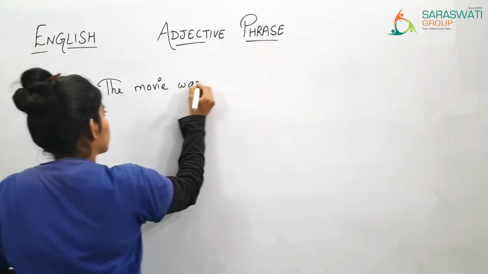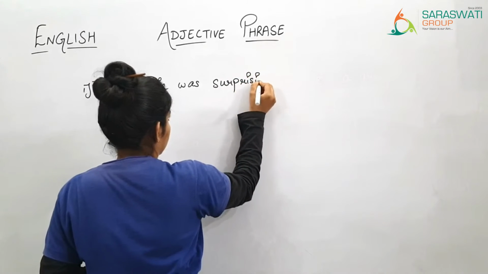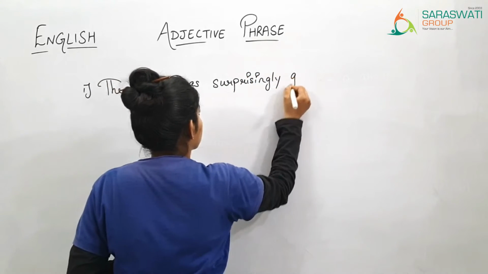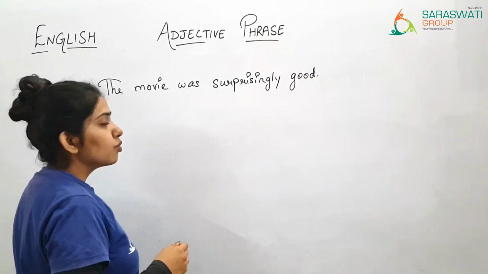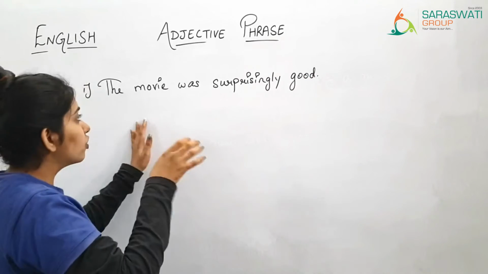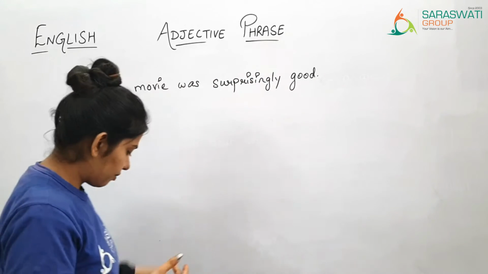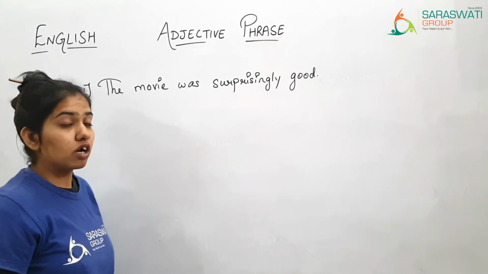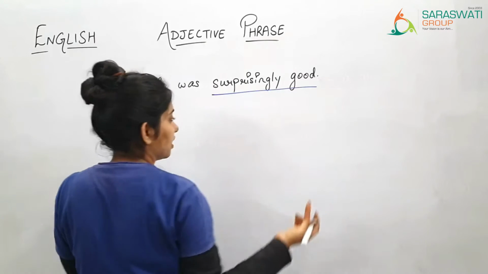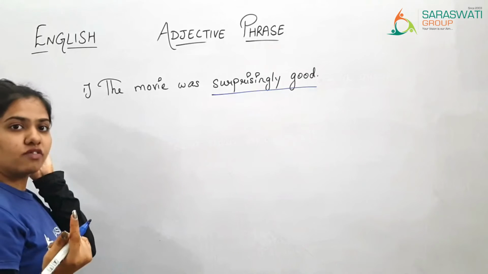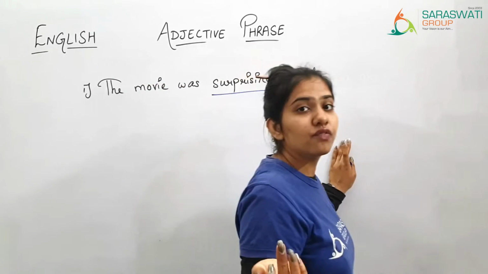So first of all, मूवी के बारे में बात की जा रही है, राइट? तो मूवी कैसी है? सरप्राइजिंग, तो सरप्राइजिंग मींस अच्छी थी, और सरप्राइजिंगली गुड, यहाँ पे ग्रुप ऑफ वर्ड्स हमें चाहिए, ओनली एक वर्ड नहीं चाहिए, वी वांट अ ग्रुप ऑफ वर्ड्स, सो वी हैव टेकन सरप्राइजिंगली गुड एज एन एडजेक्टिव फ्रेज,